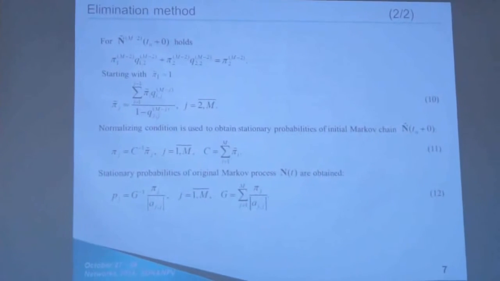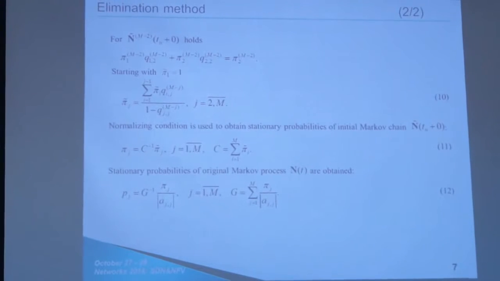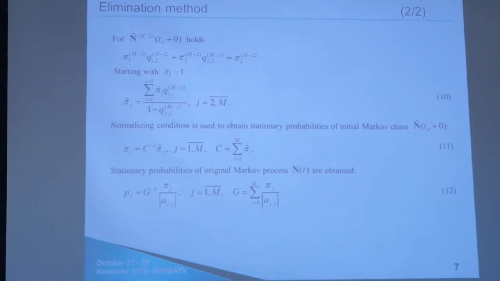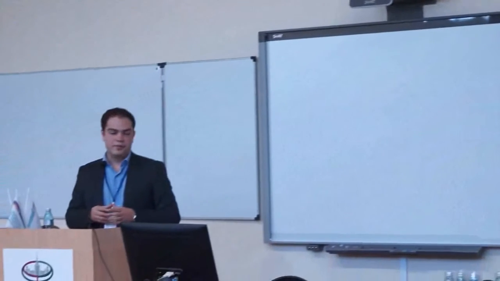As I said, this method allows us to save the ratios between stationary probabilities, and starting with, for example, P1, the stationary probabilities in the Markov chain, letting P1 be, for example, 1, we can calculate directly all other stationary probabilities, and then when normalizing them, we